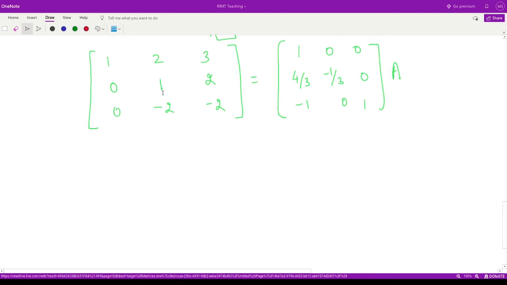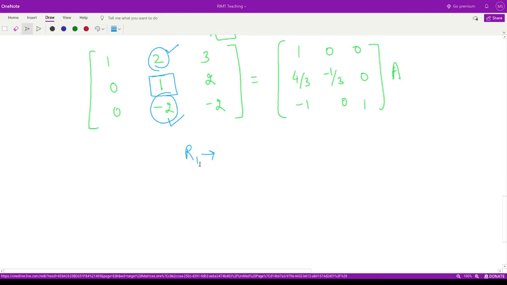Next, now you see we have 1 here. So next task is to make this element and this element 0. So how can we do that? We can do that simultaneously. On the first row, we can apply the operation. Now we have to use this particular element 1 in order to make this element from the first row and this element from the third row zeros.